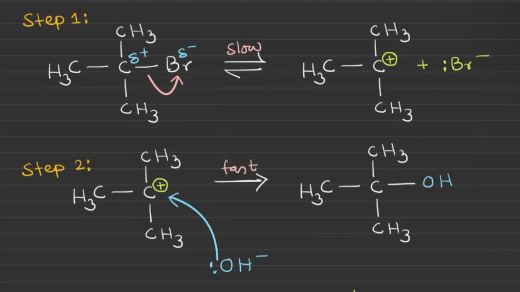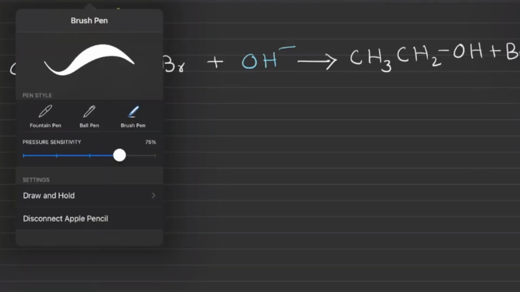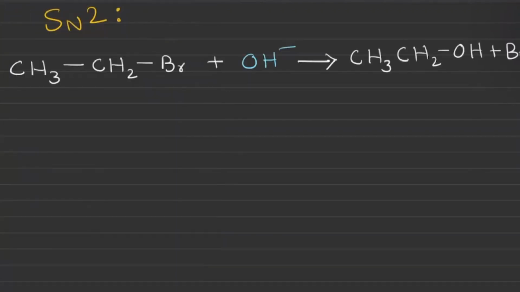Now, this is not the case whenever I am heating a primary halogenalkane. আমরা যখন একটা প্রাইমারি হ্যালোজেনঅ্যালকিনকে সোডিয়াম হাইড্রোক্সাইড অথবা পটাশিয়াম হাইড্রোক্সাইডের সাথে হিট করব, it also produces a primary alcohol. Now, the reaction seems to be exactly the same, and the mechanism as a result also may seem to be